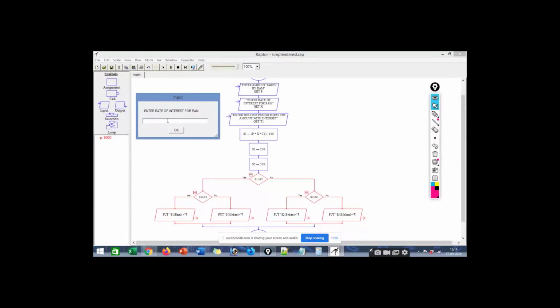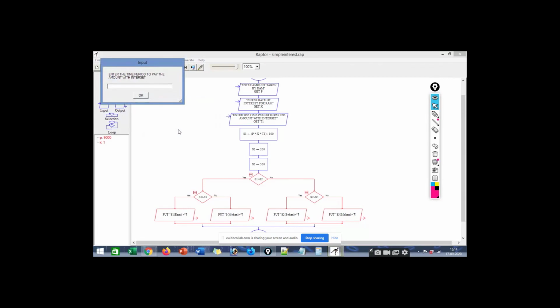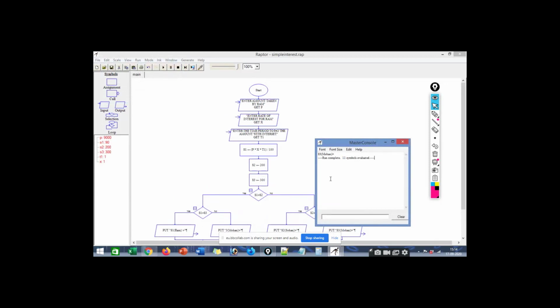Say the rate of interest is just 1%, and the time period is 1 year. So RAM's S1 will be greater. What output will I get? P is 9,000 divided by 100, so it comes out to be 900. So S1 will be greater. If I click on OK,